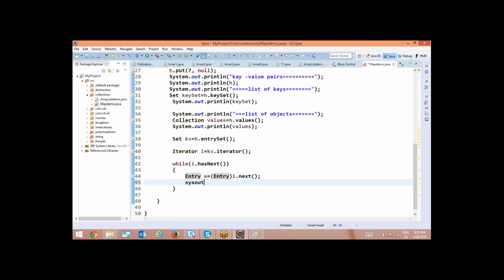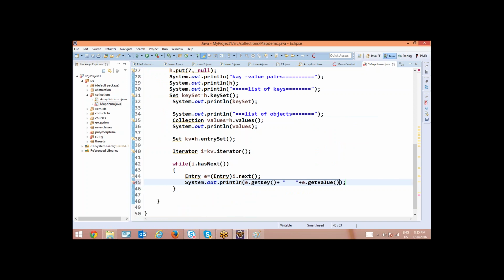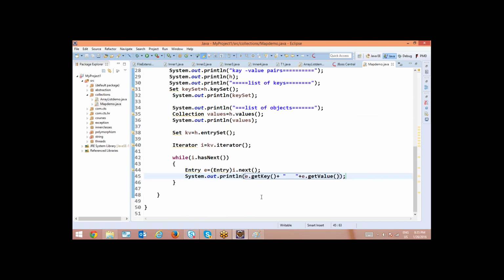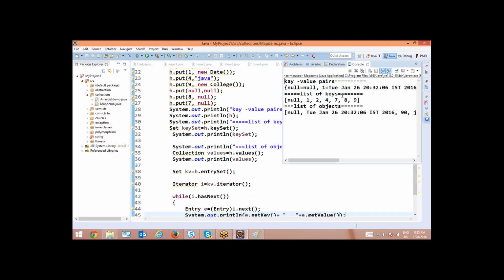Now what you can do is e dot getKey will give you keys. getValue is a method which will give you the values from the iterator. So here it is going to show all together, like this.